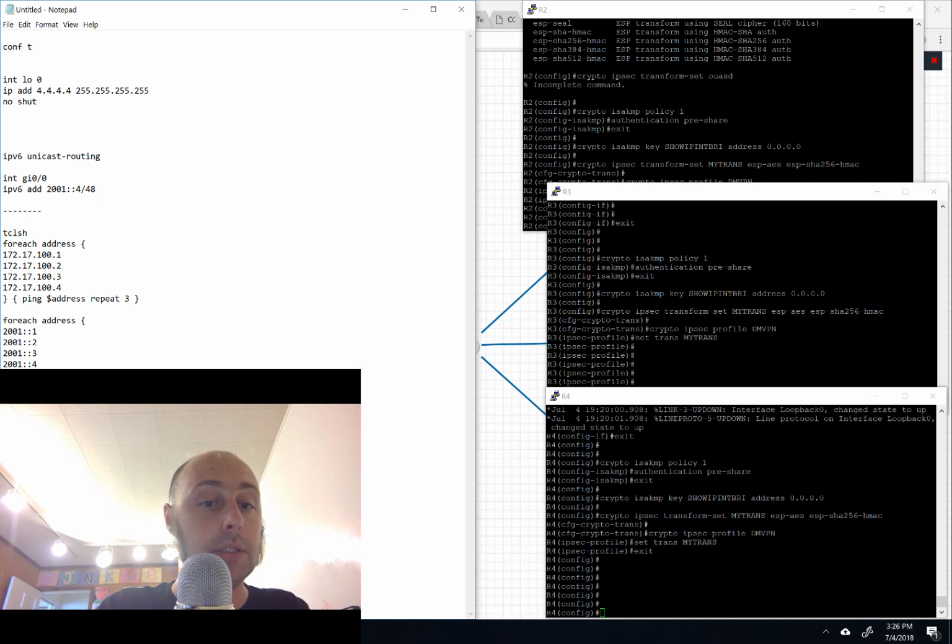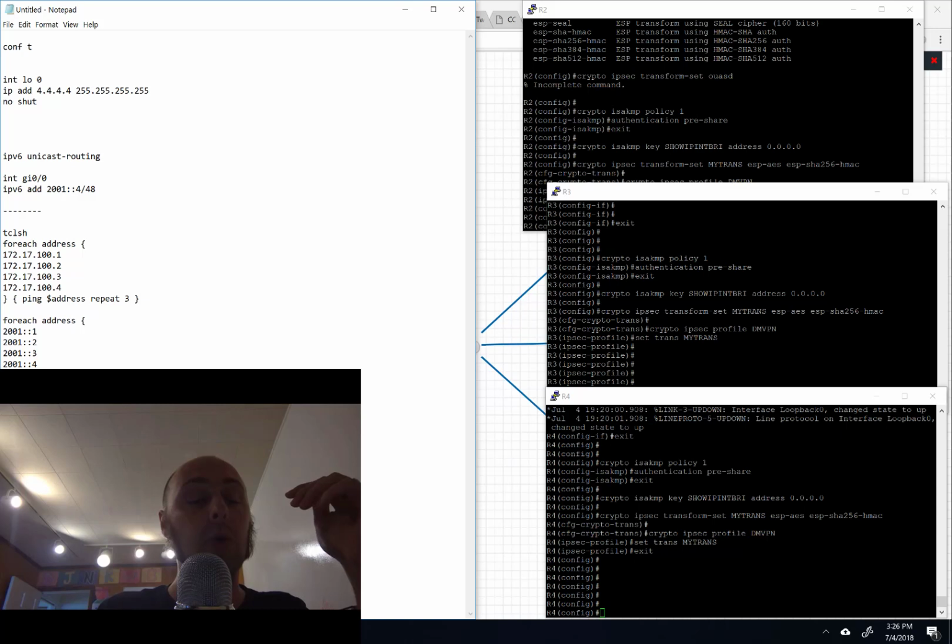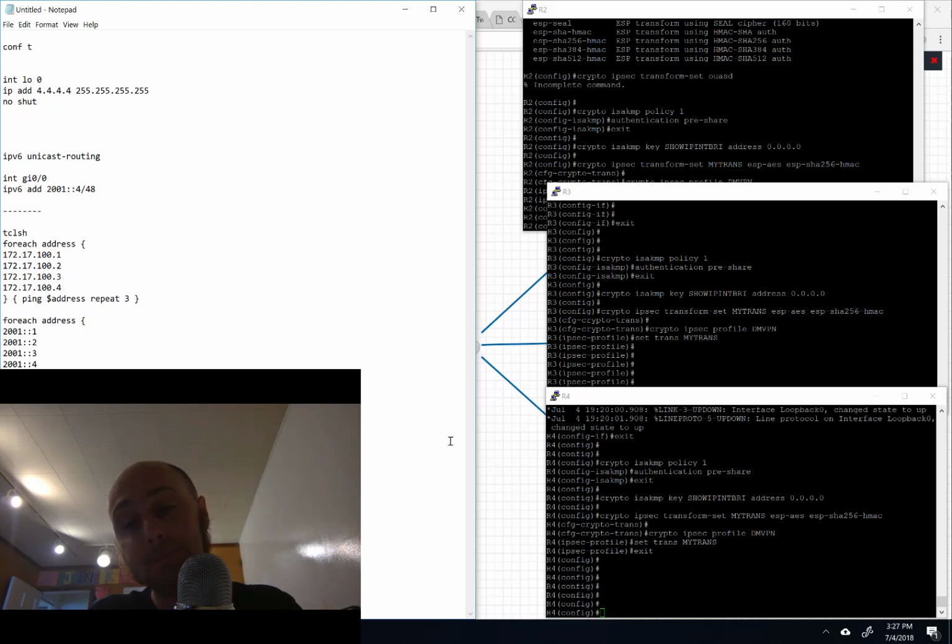One thing I will point out, and we'll go back to this if not, I'm doing a crypto ISAKMP key, and here's the pre-share key, and I'm setting it for the address, and this is an IPv4 dotted decimal address. When we do the IPv6, we will need to change this, or rather we will need to add an element here for it to work. All right,